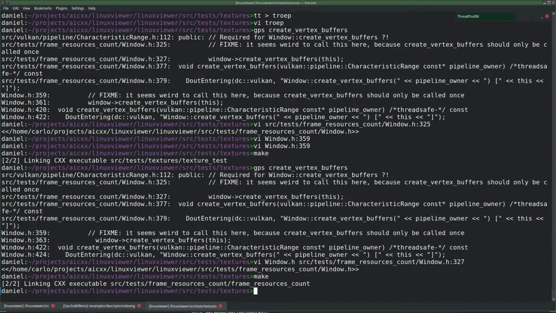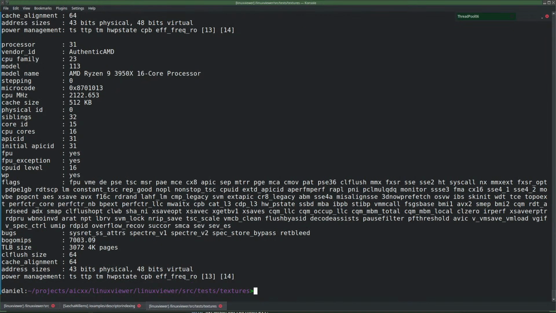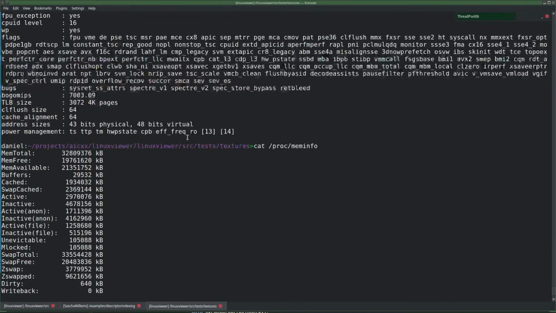I have 16 cores. I have this thing, 16 core. And 32 gigabyte of RAM